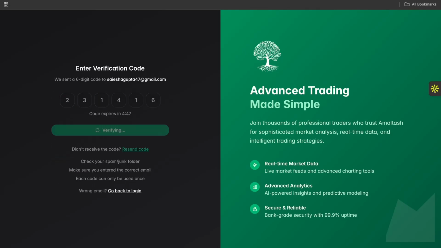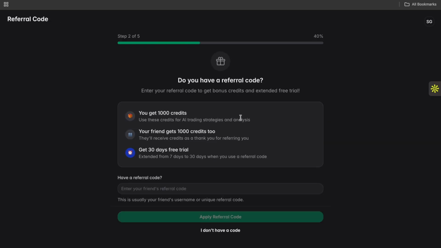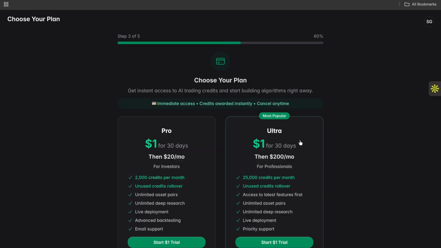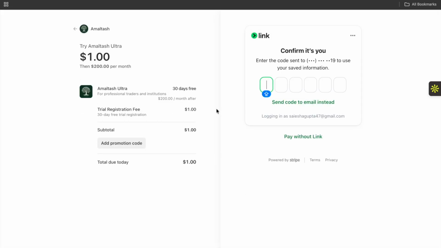Welcome to Amaltash. Here, enter your email and your verification code, and next your name, and click Continue. Click on You have a referral code and enter it here. Next, click the Ultra plan so you don't run out of credits. Also click on I have a promotional code here and enter the same one that you did before so you